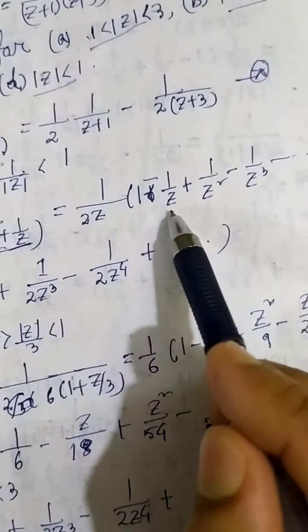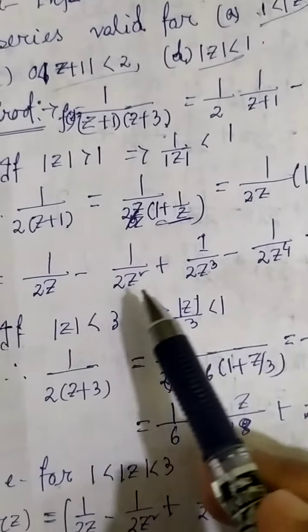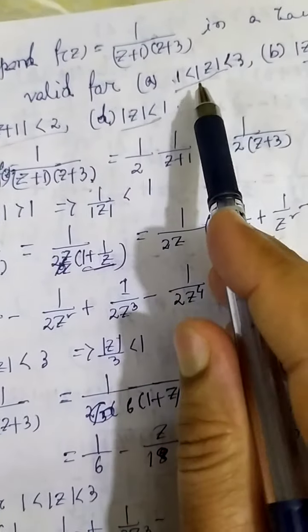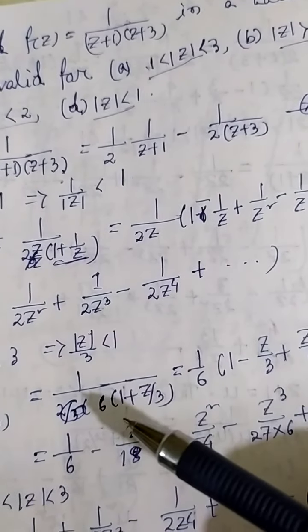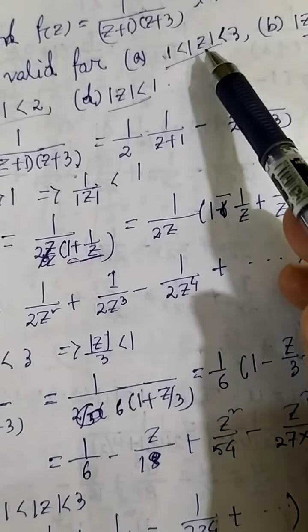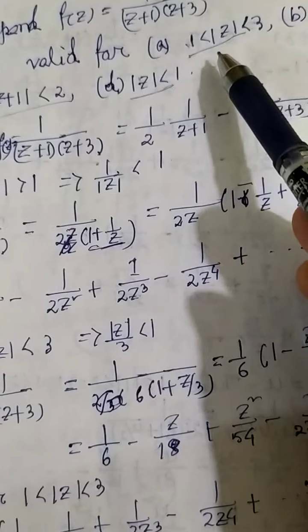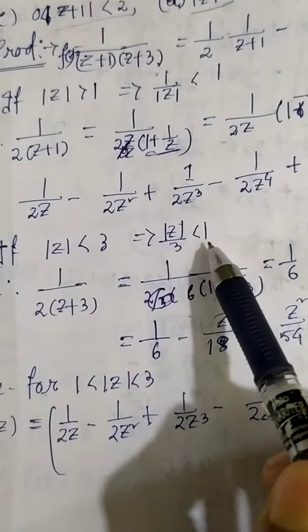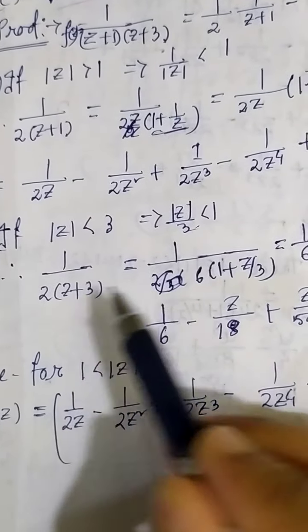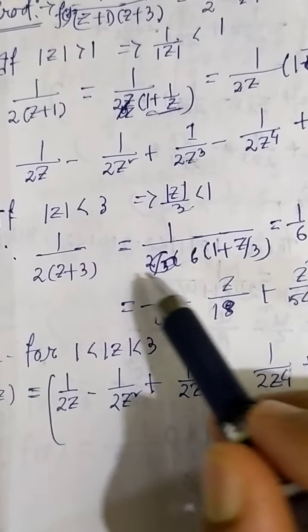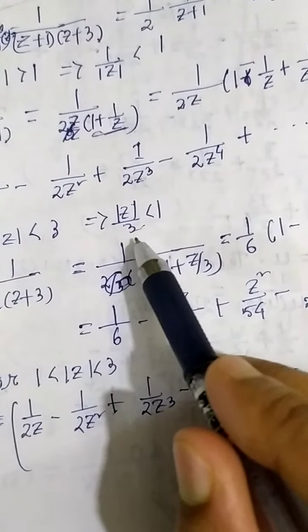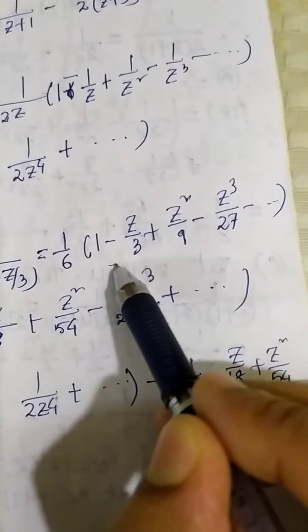So this type of expansion is this. I just multiply this expression. Again for this one it is given that mod of z is less than 3. To expand this, actually mod of z by 3 is less than 1. We have this condition. We need this, the less than 1 concept. So if I take 3 common, 1 plus z by 3, it is mod of z by 3 is less than 1. Therefore you can have this type of expansion.